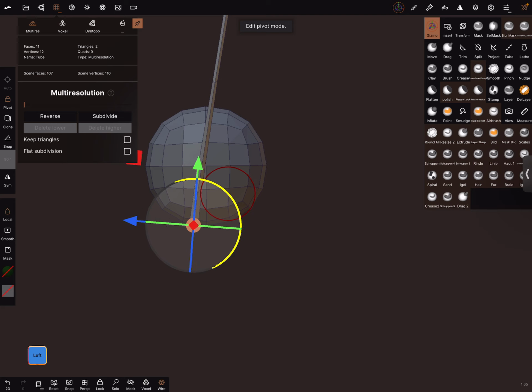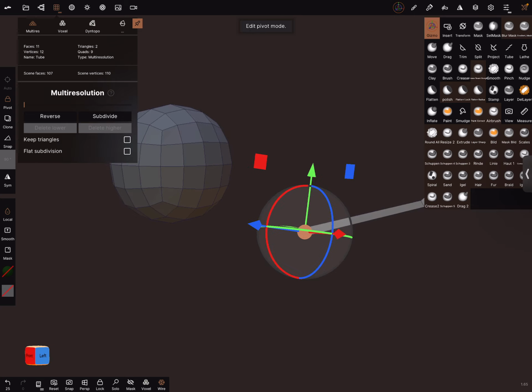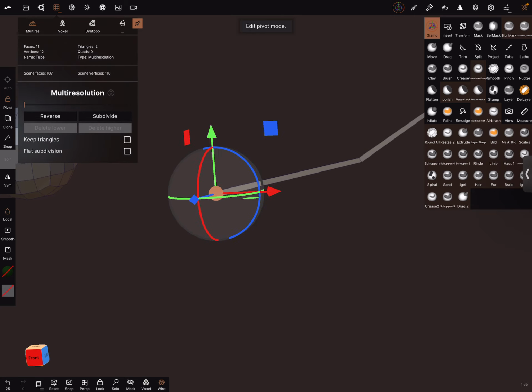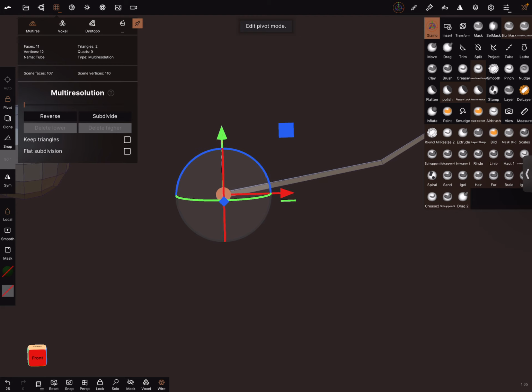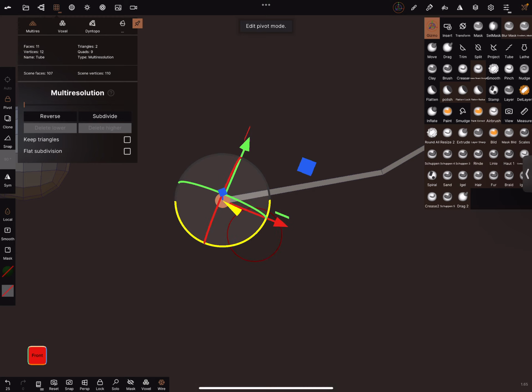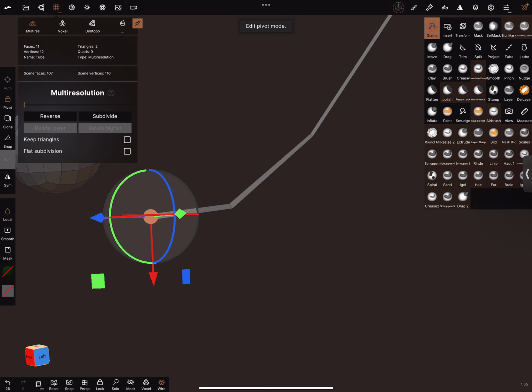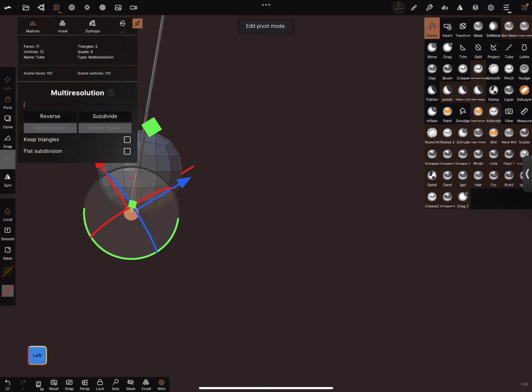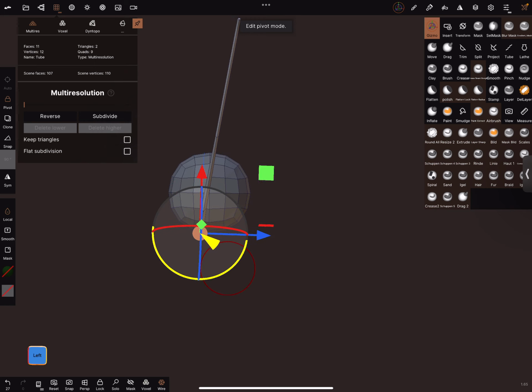And here we can align it. Front view. We have to adjust the position of the pivot.